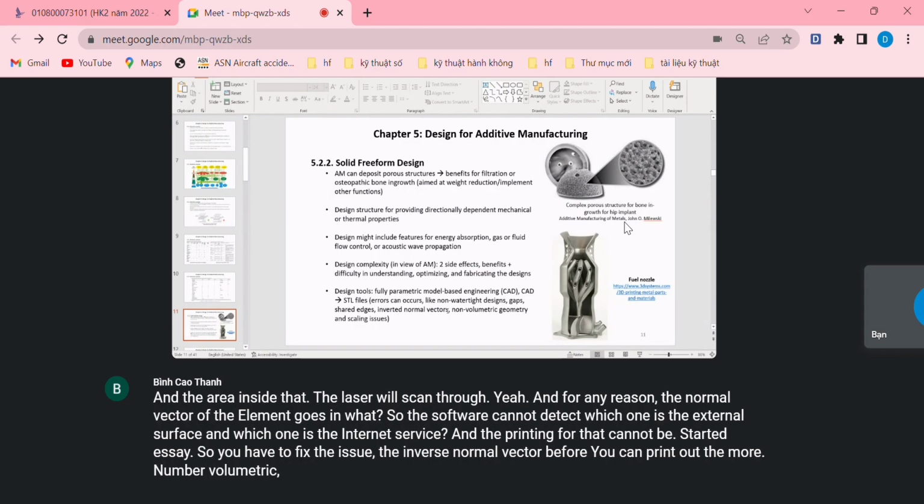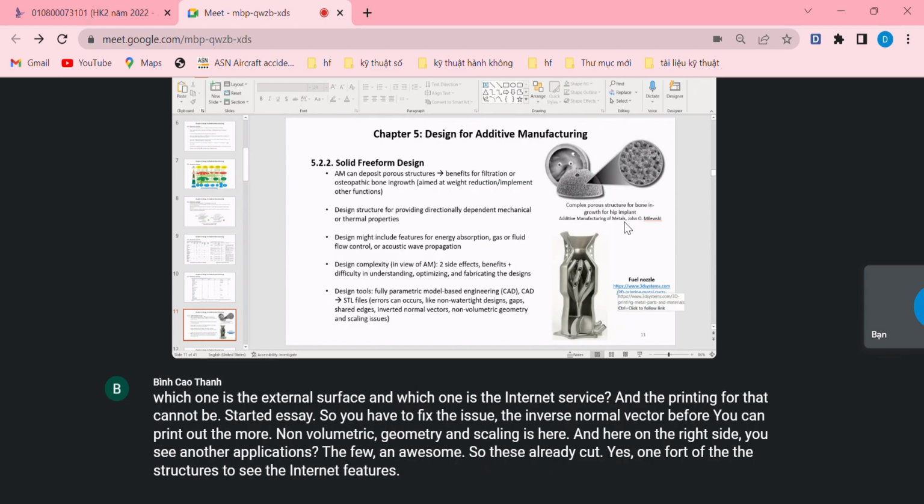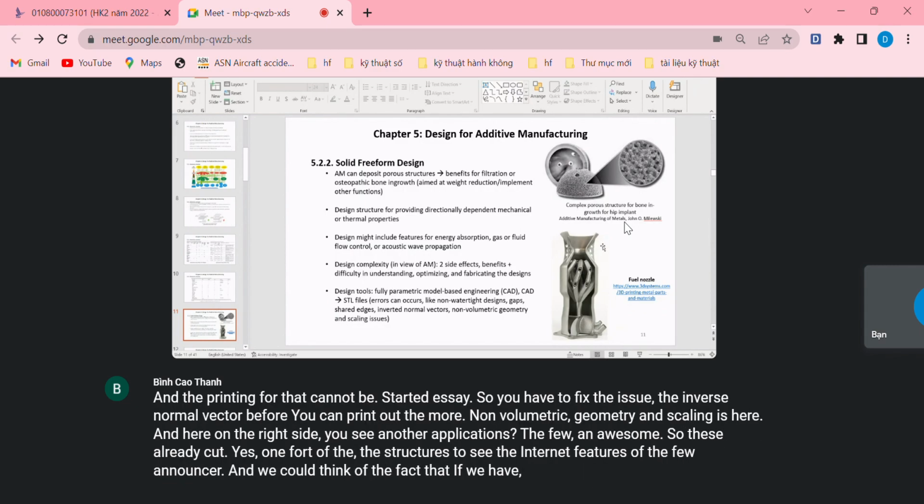Non-volumetric geometry and scaling issue. Yeah. And here on the right side, you see another application, the fuel nozzle. This is already cut, yes, a quarter of the structure, to see the internal features of the fuel nozzle. And you could think of the fact that if we have a rocket